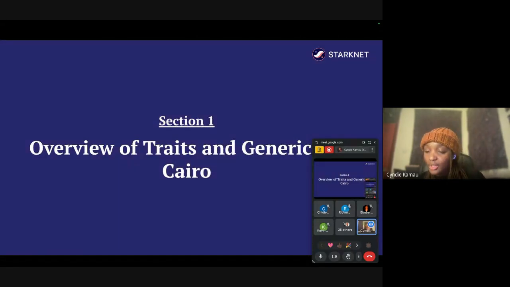Okay, so our first section is traits and generics in Cairo. Just to accommodate anyone who is starting, this is the first time attending the bootcamp: Starknet is a layer 2 protocol in the blockchain ecosystem. The main concept of Starknet, in technical terminology, is what we call a validity rollup. Starknet essentially helps process transactions and sends a proof to Ethereum. Ethereum just verifies it and stores it on chain.